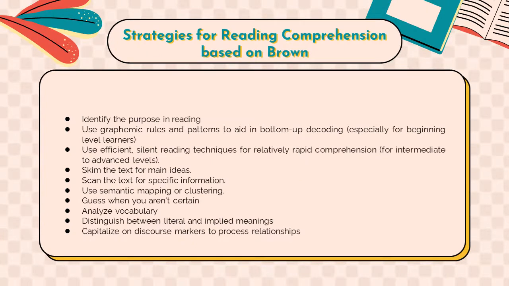And the fourth point is the strategies for reading comprehension based on Brown. There are several strategies. The first, identify the purpose in reading. The second, use graphemic rules and patterns to aid in bottom-up decoding. This is especially for beginning level learners. And use efficient silent reading techniques for relatively rapid comprehension. Is it for intermediate to advanced level? And then next,